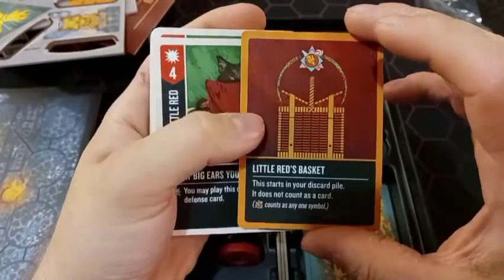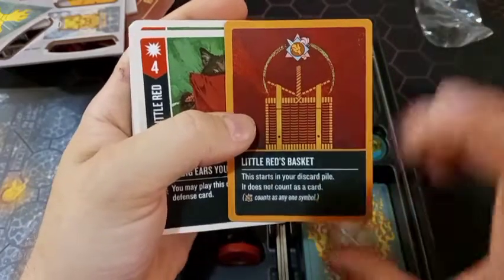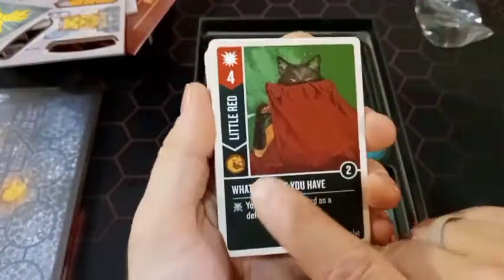And here is Little Red's basket. This starts in your discard pile. It does not count as a symbol. Counts as... Oh, that's cool. Okay. Now I understand her mechanic. Because there's...